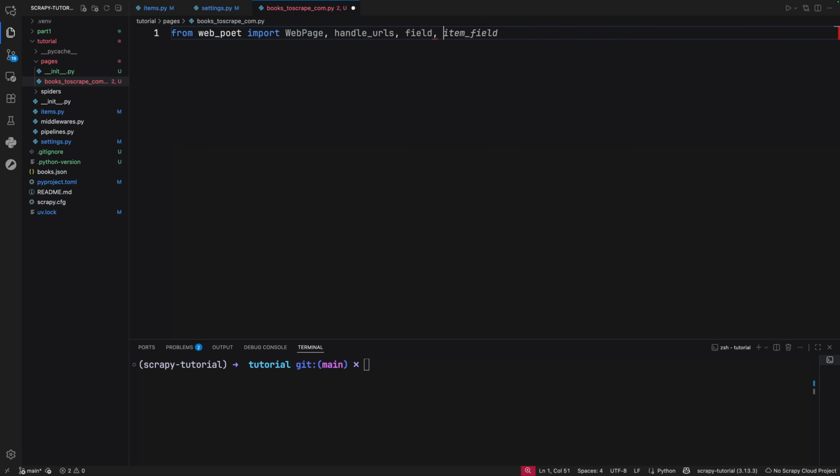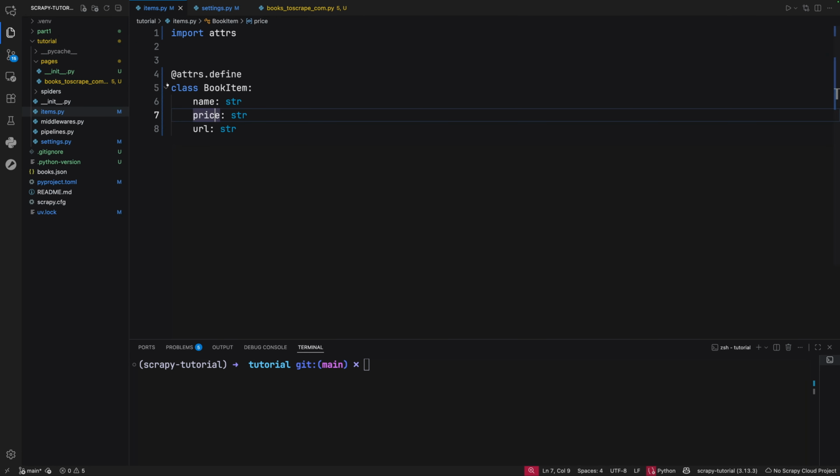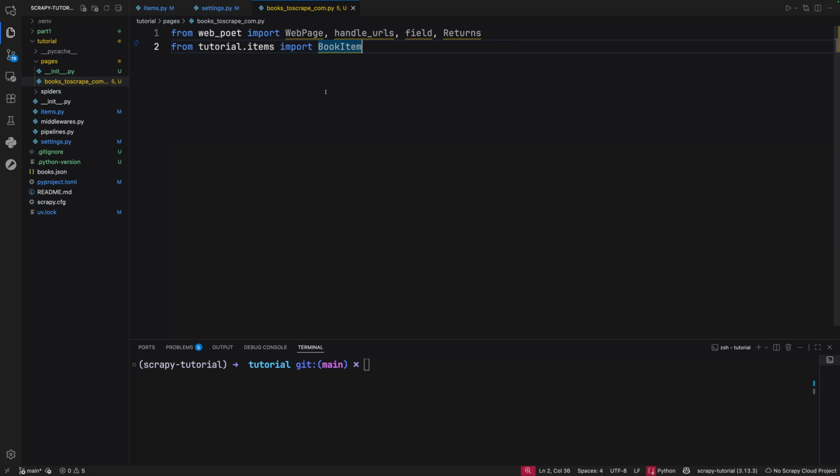And we also going to need returns, because it's going to return an item. Then we need to import our item, which I've got here, book item. So from tutorial.items, tutorial items.py, book item. This needs to match. Now from here, we need to actually start to build our class, which is going to